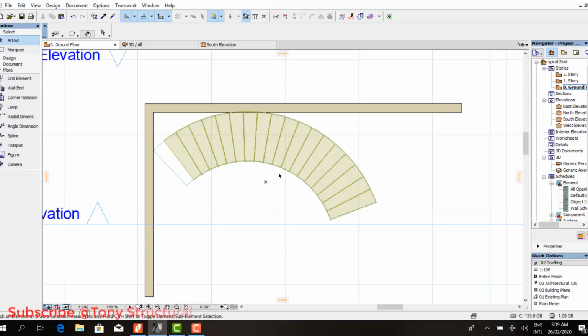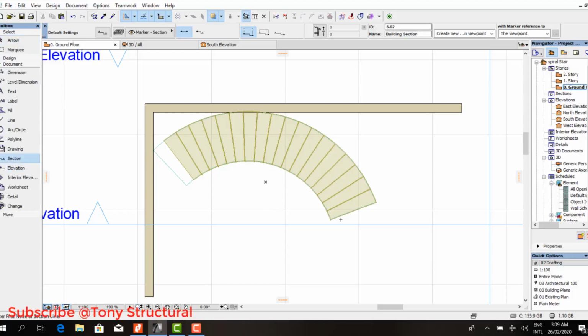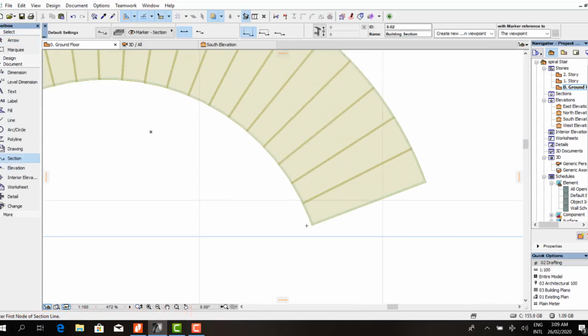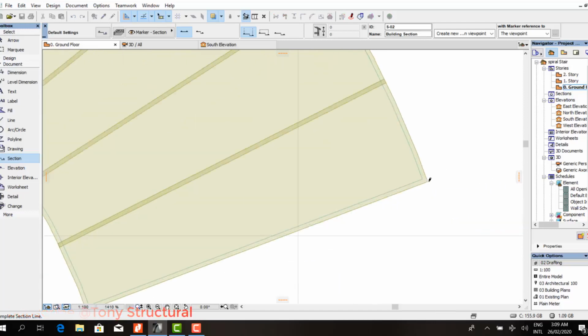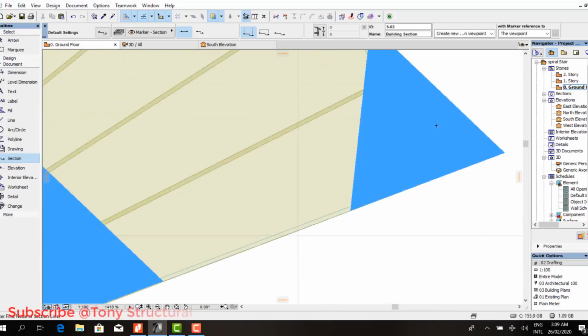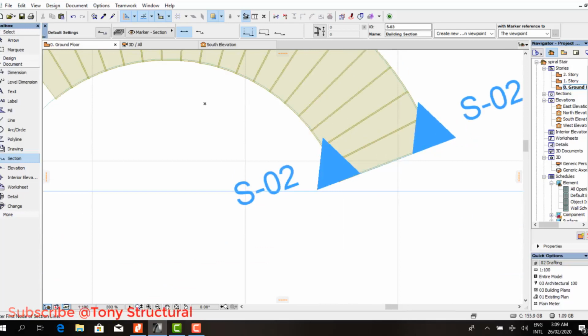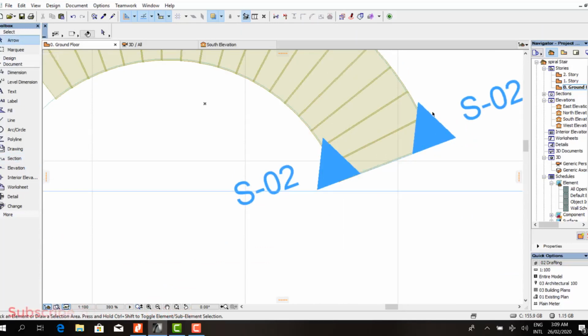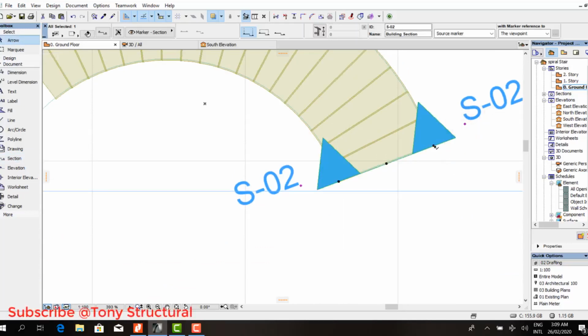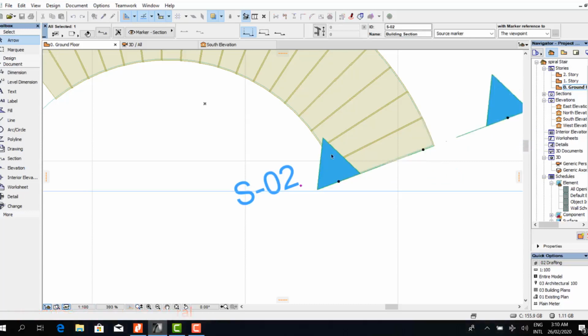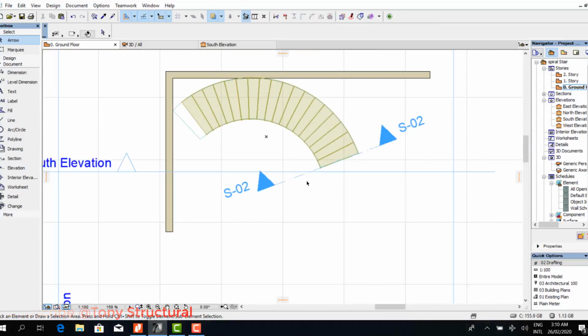Before we start our drawing, there are a few things we are supposed to do. First, we are supposed to get a section that will be parallel to our stair. So let's say we're working from here to there. So let's extend this to be a little longer. Extend this a little. Okay, after extending this, the next thing we need to do is to design our